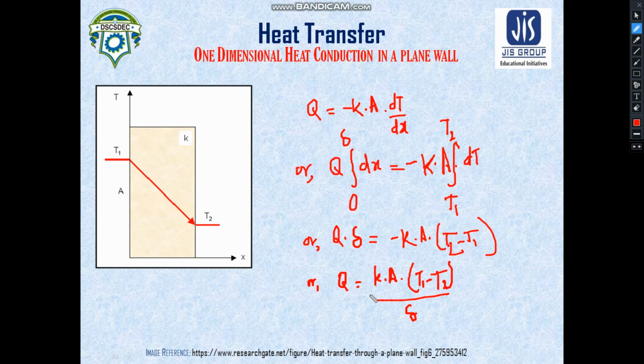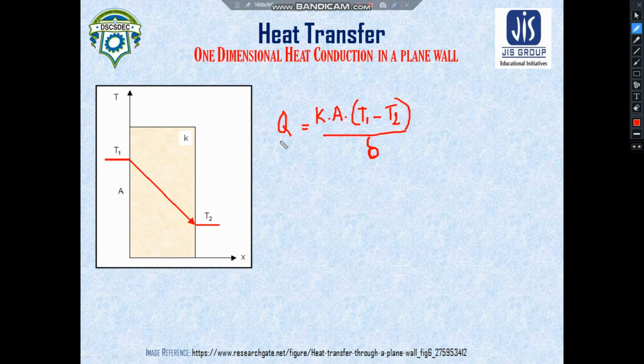So Q is equal to Ka (T1 minus T2) by delta, which is exactly the same as the previous one. So this heat transfer can be derived in this way also. This is an alternative way. Now we have known how to find the temperature distribution along with the heat transfer through the plane wall. So we can see that this heat transfer rate through this plane wall for one-dimensional heat conduction can be formulated